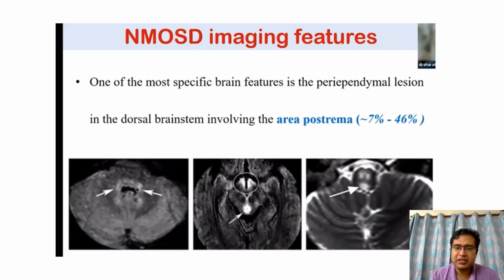So one of the most specific brain features is the periependymal lesion in the dorsal brainstem involving the area postrema. So this is the hyperintensity in the area postrema. Area postrema is actually concerned with controlling the vomiting center, that is chemoreceptor trigger zone. And in such cases, there may be hyperintensity only in the area postrema. No other symptoms will be present, like this patient will be having recurrent vomiting, nausea, upper GI symptoms, hiccups,